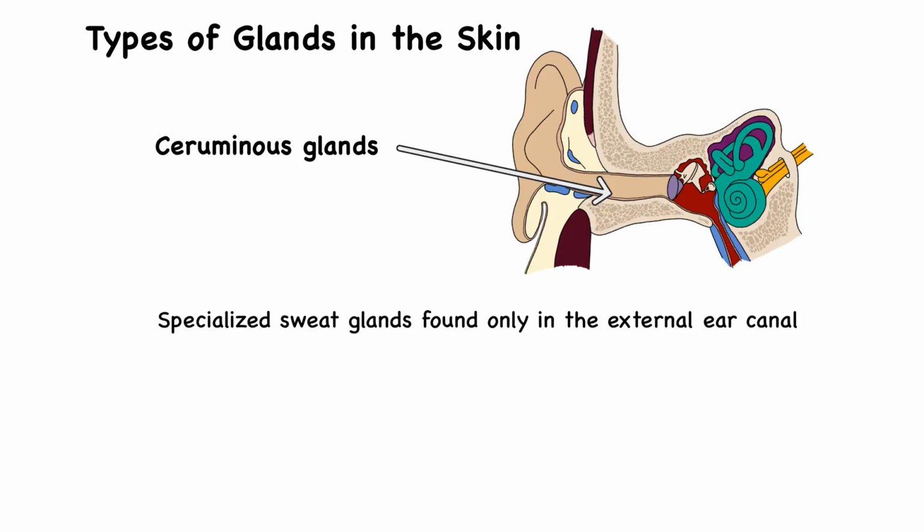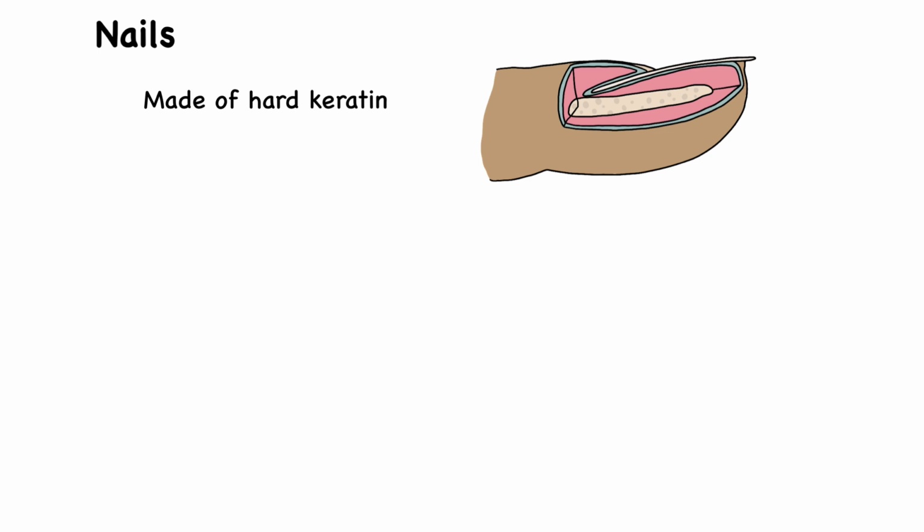Ceruminous glands are specialized sweat glands found only in the external ear canal. They produce cerumen, commonly known as earwax, which helps trap dust, debris, and microorganisms, protecting the eardrum and maintaining a clean, lubricated environment. This waxy substance also has antibacterial properties, which makes it an important part of your ear's natural defense system. Nails are made of hard keratin and protect the tips of fingers and toes, providing both support and